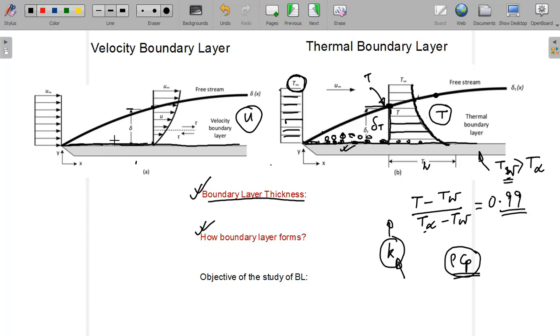So that momentum disturbance actually propagated or diffused through the fluid layer by the property of the fluid, which was mu, and the inertia of the velocity, and that was maintained by the property of the fluid, which was the density. So mu by rho is actually responsible for the thickness of the boundary layer, whereas in a similar way,